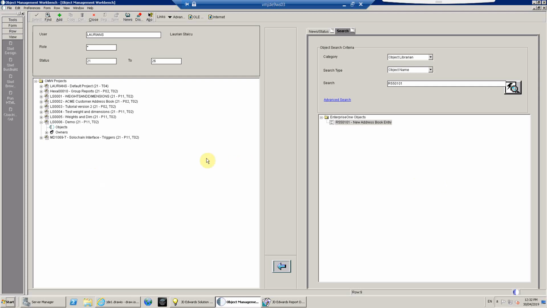So we'll start off with a UBE. That's all it's going to do for now, just so I can illustrate some points, is go through the list of address book entries. Okay, and it's not going to do any processing right now. All it's going to do is output it. So a UBE, similar to an interactive application, is